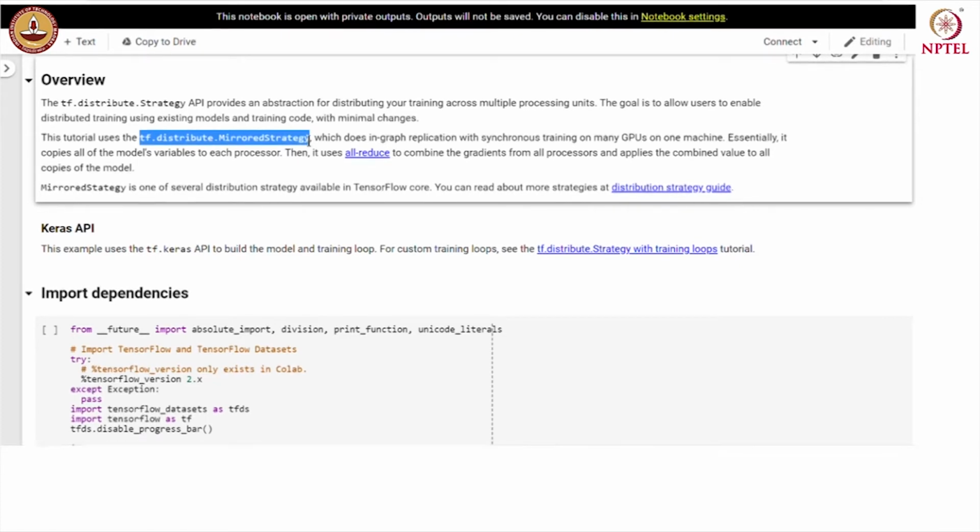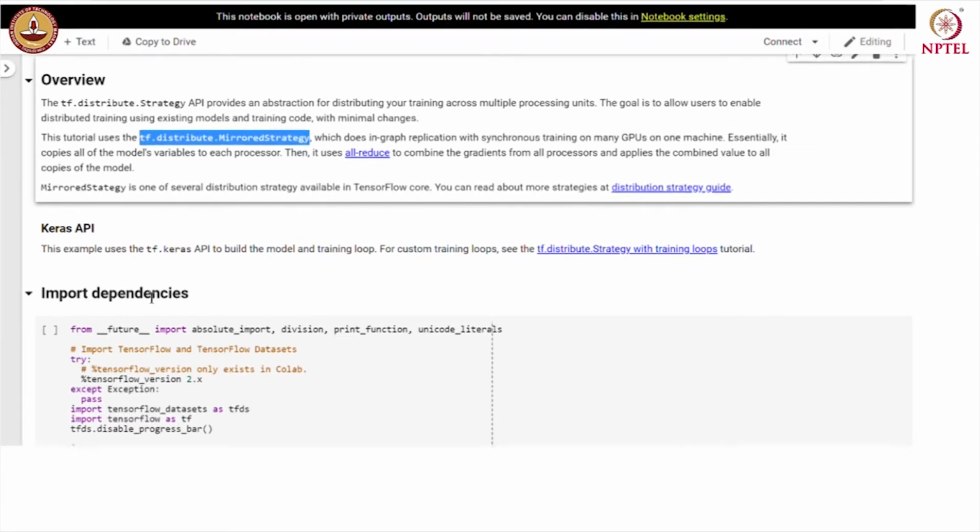Essentially, it copies all of the model's variables to each processor, and then it uses the all-reduce strategy to combine the gradients from all processors and applies the combined value to all copies of the model. Mirrored strategy is one of several distributed strategies available in TensorFlow, and we looked at the other strategies in this session a few minutes ago.